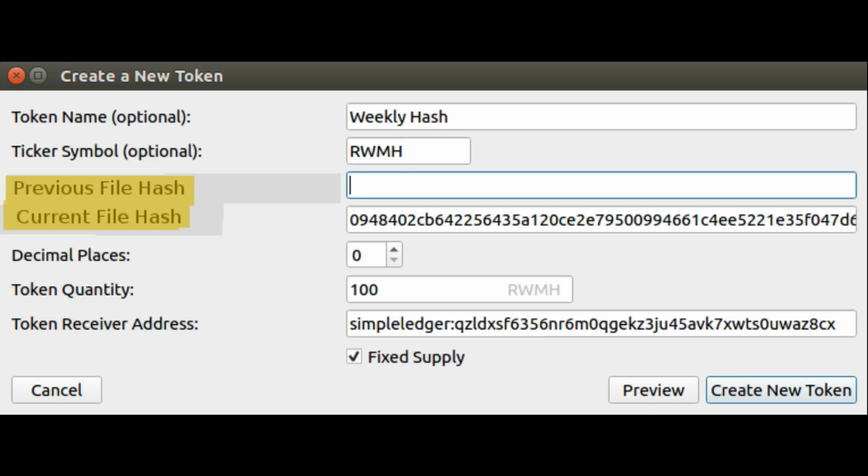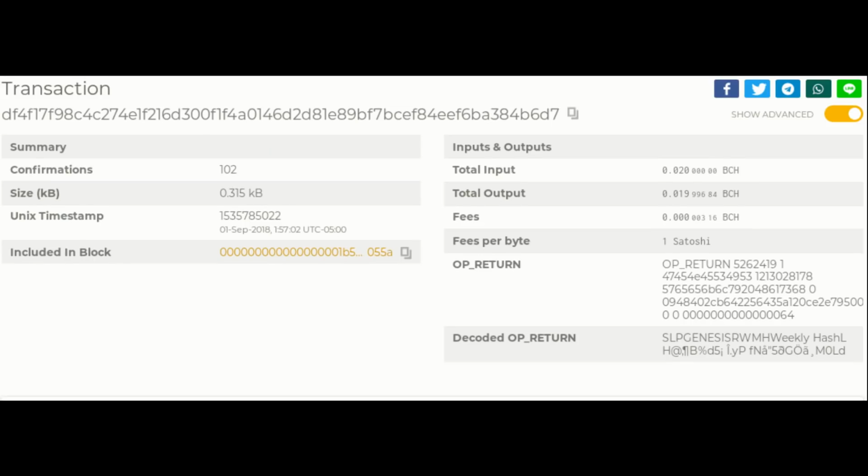And if you guys want to look this up, I'll put the transaction IDs in the information below, so that you can actually look this up and see that the hash does equal the hash that is here on my first token. So you guys can verify this, because this is what the whole blockchain is about. It's a distributed ledger so that you can have proof for everyone that's verifiable for everyone.